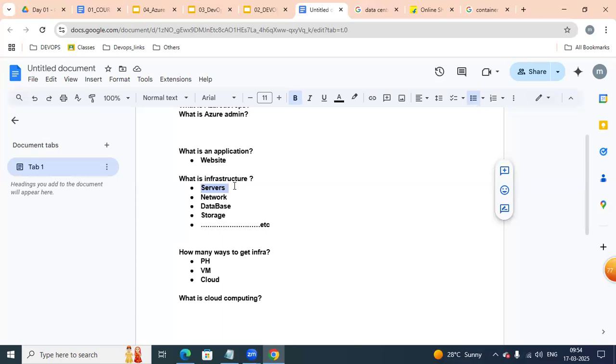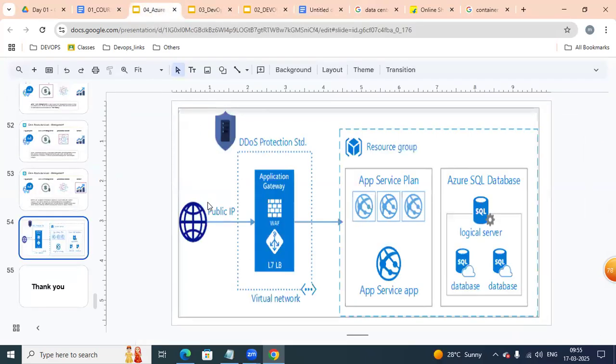While you go for cloud, we have different options. Either you go for Azure or AWS or Google. Either you go for Azure server or Google server or AWS server. Today our choice we're going to take as Azure. To learn how to use Azure, we're going to be part of Azure administration. Providing infrastructure is nothing but administration. That might be servers, that might be network, that might be anything.